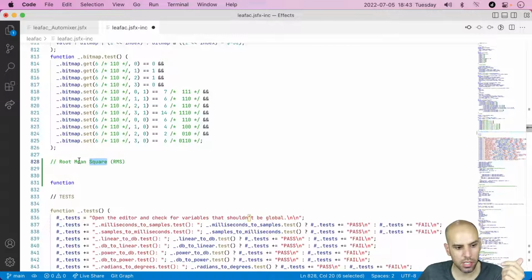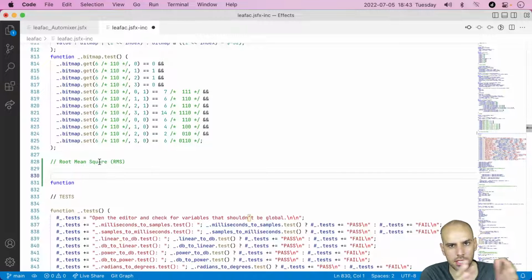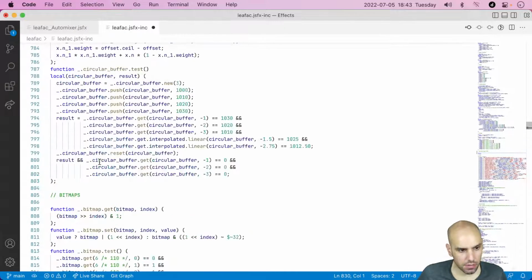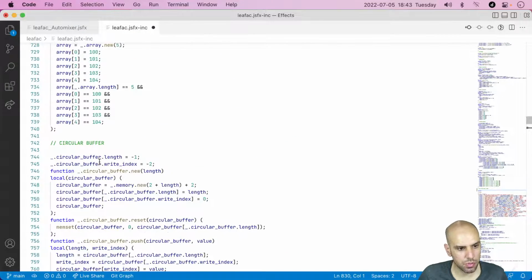The sum of squares is necessary to compute the mean. The mean is the sum of the values divided by the number of values. So we will need the running sum. We will need a circular buffer of squares. And that's about it, actually. So let's have a data structure with 2 fields. I will have